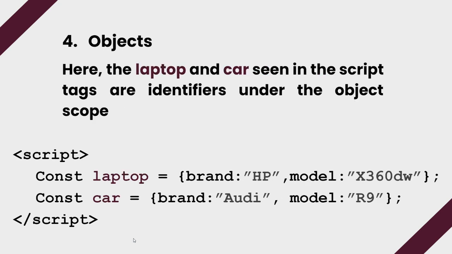So for the last part of this section, we have the object, and here the laptop and the car seen in the script tags are identifiers under the object scope. So this is a quick example of what an object looks like, and do not worry about it too much. For the object section, we'll be having that in future classes. But for the sake of explaining identifiers, the object name of laptop and the object name of car here are